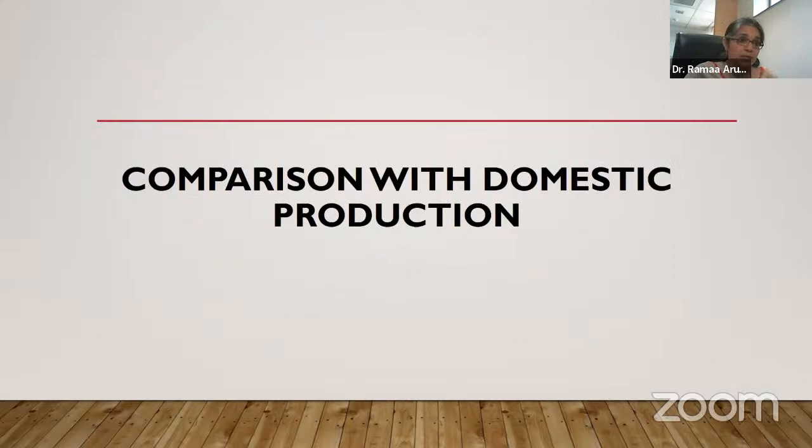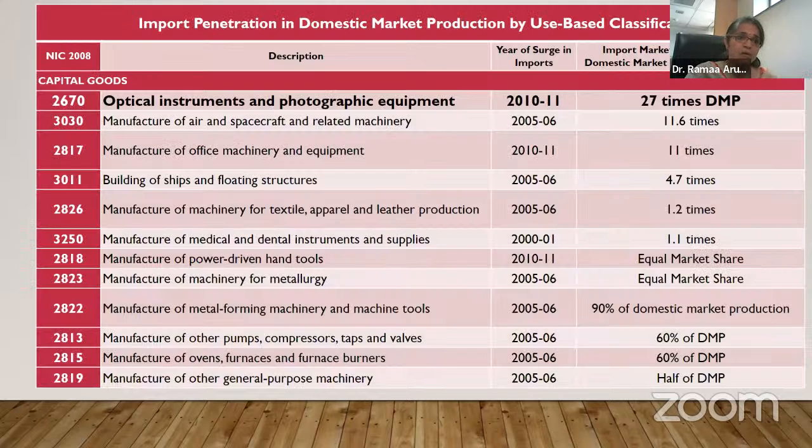When we compare this with domestic production, as already mentioned, I've taken the import to domestic production ratio, and the last column basically shows which industries are being selected, taking this ratio from 0.5 and above. So those industries with 0.5 and above import output ratio have been selected. Under the capital goods, if we just compare the imports to the domestic output generated in these sectors, one can see that